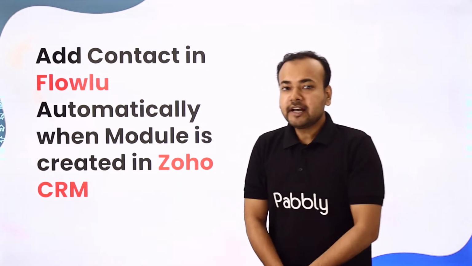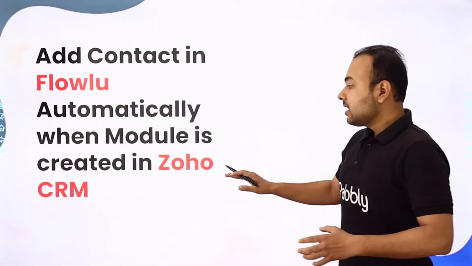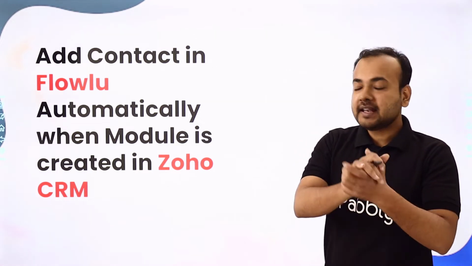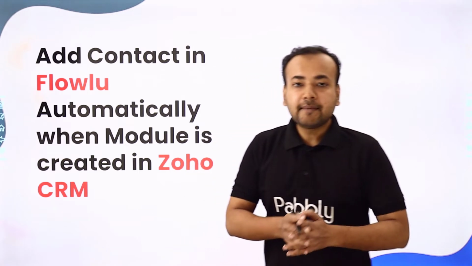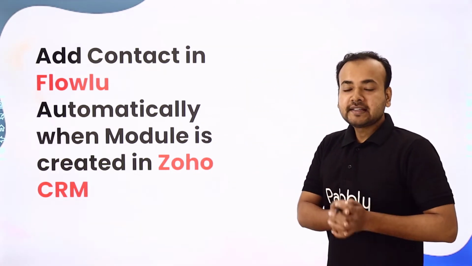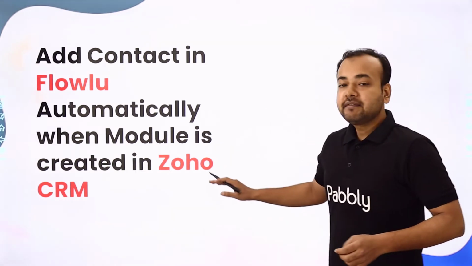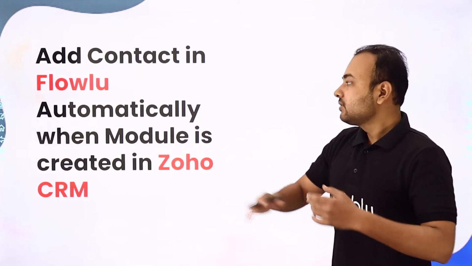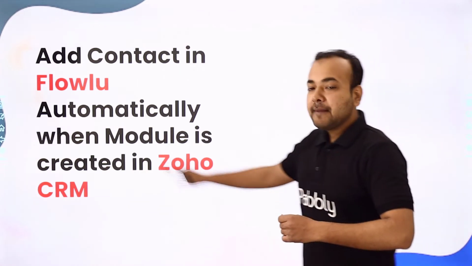As you guys already know, many website owners and business people use Zoho CRM as a customer relationship management application to interact with their customers and manage them, and they also use Flowloo application, which is a business collaboration tool where you can manage your finances and your invoices, right? But the issue here is there is no direct connection present between Zoho CRM and Flowloo. So if you have different teams working on these two applications, managing the data between the two teams and these two applications can be a very difficult and tiresome process for you.